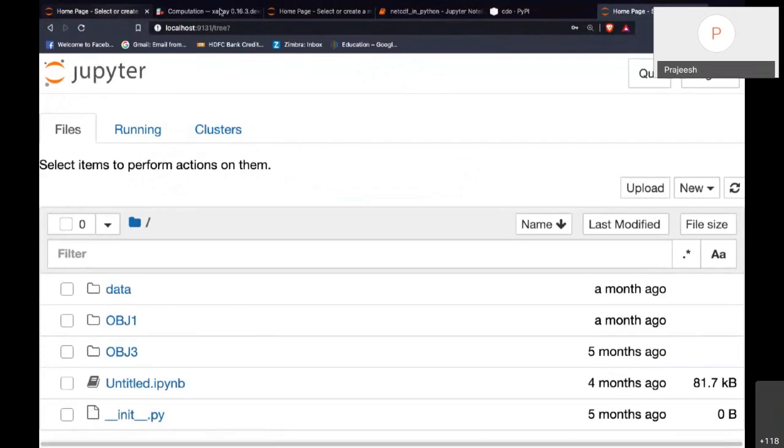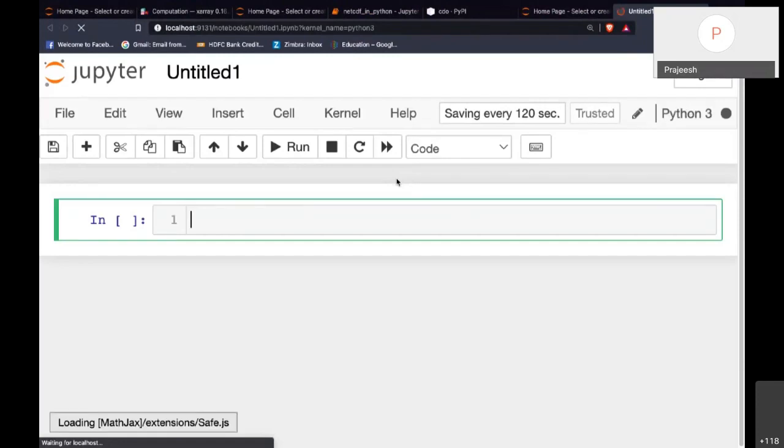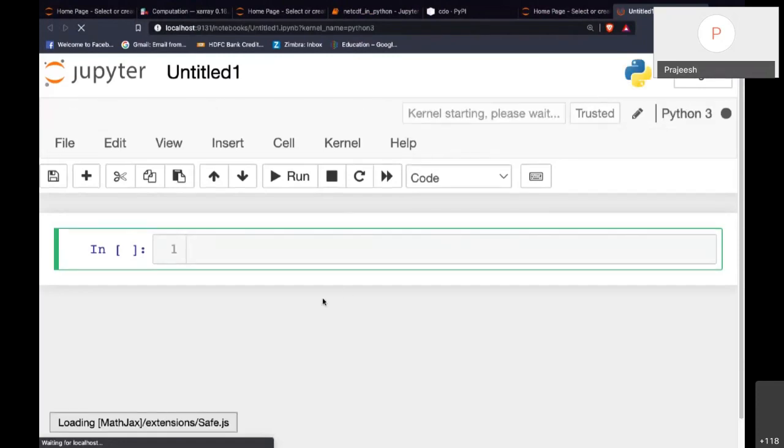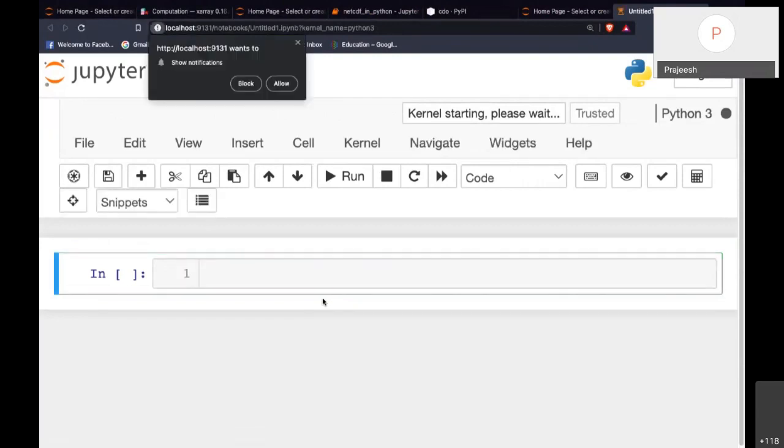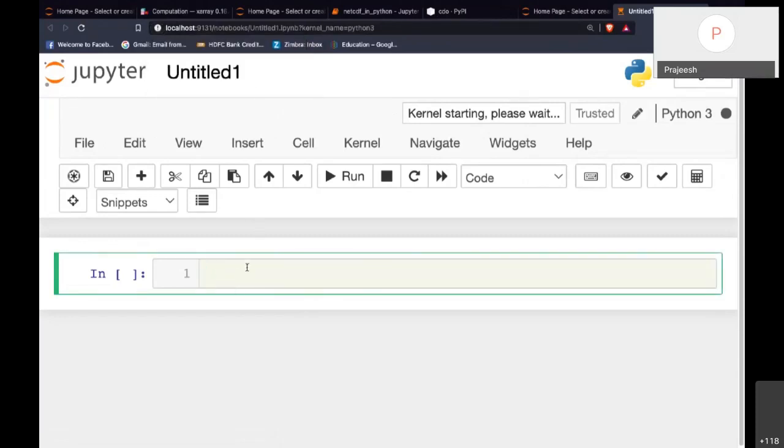Okay, so basically, I guess that error is because Python requires the CDO library installed, and I don't have that in my local machine. So you might have to install CDO. So I'll try in some other machine where CDO is installed.